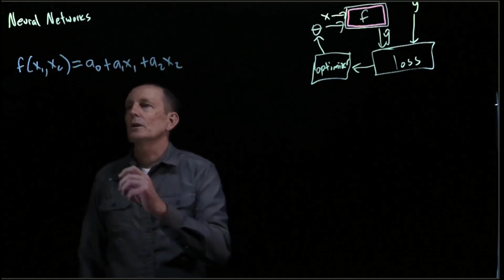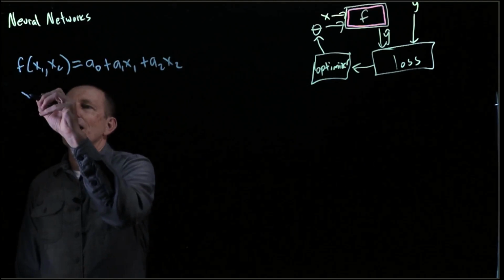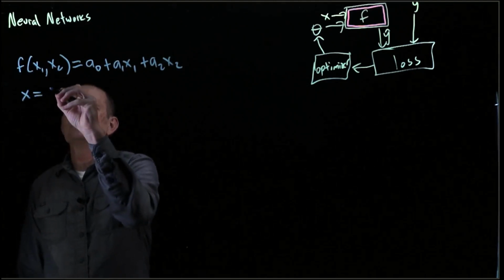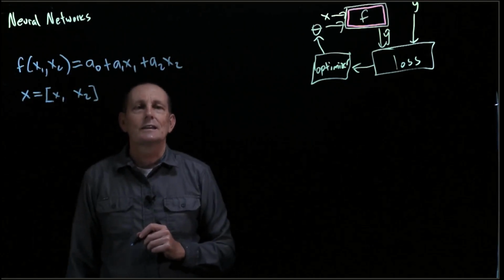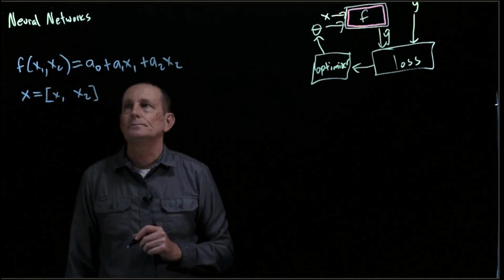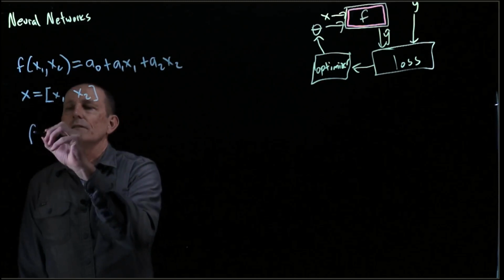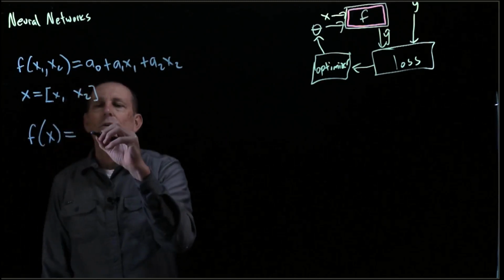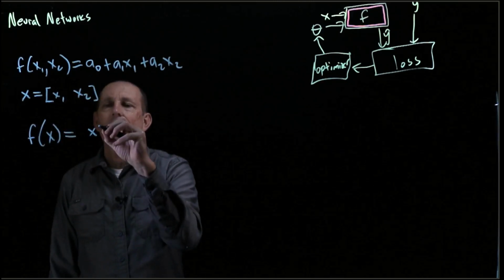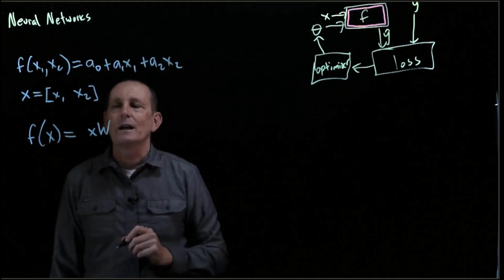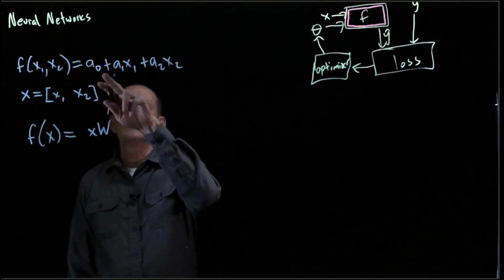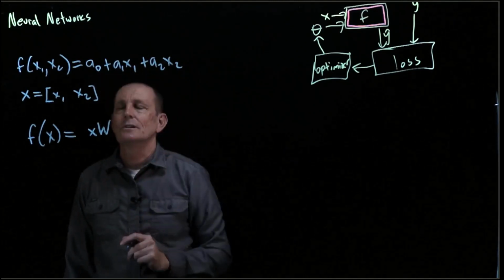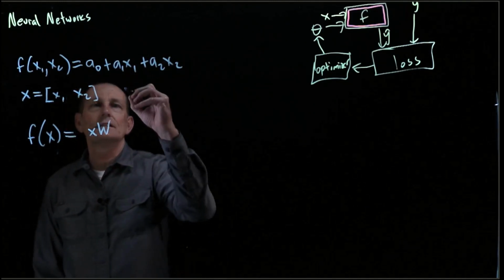Okay, so we're going to go ahead and let x equal the 1 by 2 matrix containing x1, x2. So when we say f of x, we're going to go ahead and multiply x by a w. What do we need to multiply x by in order to get terms from here? So we'll go ahead and define w